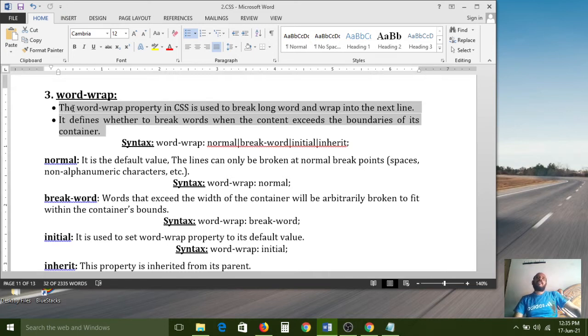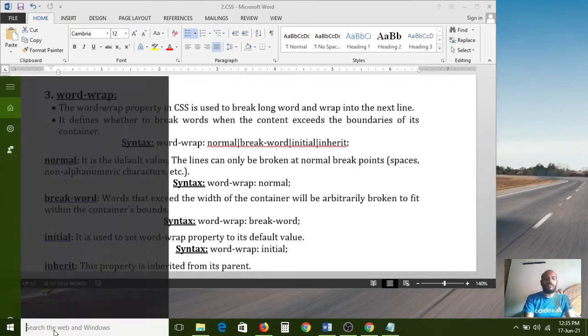For example, if the container is only 150 wide, but the text inside is a very large string, then without the word-wrap property it will cross the boundary. But if you use the word-wrap property, the text content will be set automatically within the boundary.